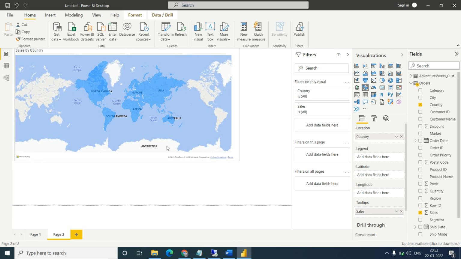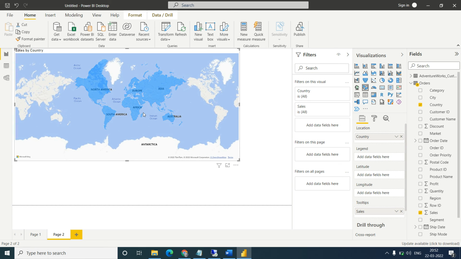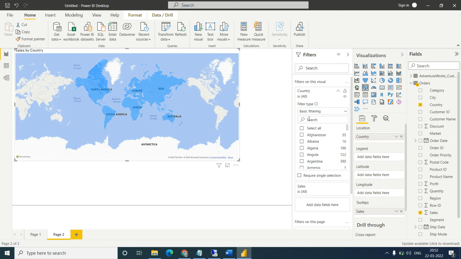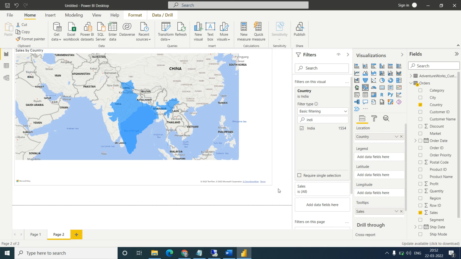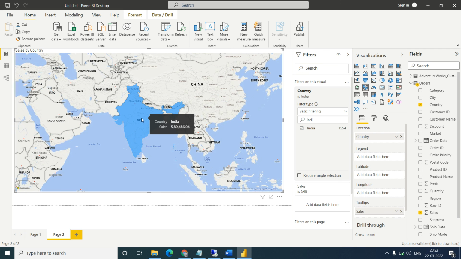Okay, if you want to filter a particular country, let's filter out like Asia. Okay, in Asia there must be India country. Select the India. Okay, so when you filter out the India, it will focus on the map and it will zoom out. Okay, in India how much sales happen? It's 5,89,000. Okay, if you want to select the China,